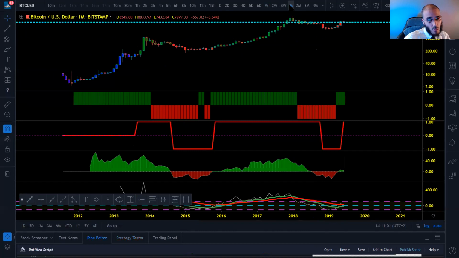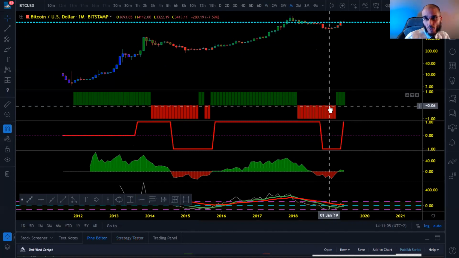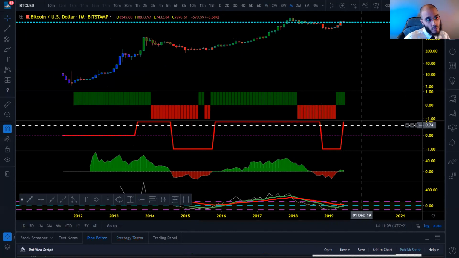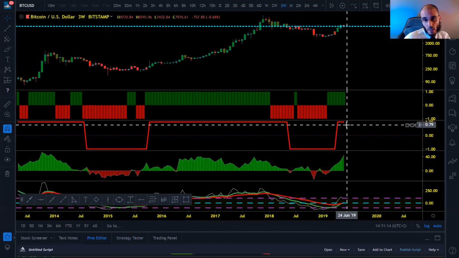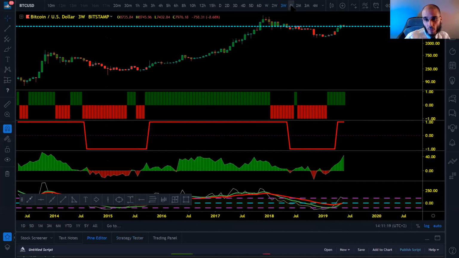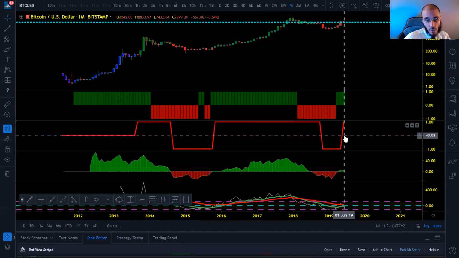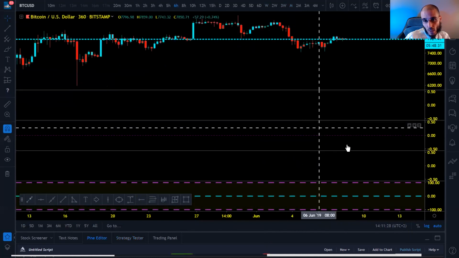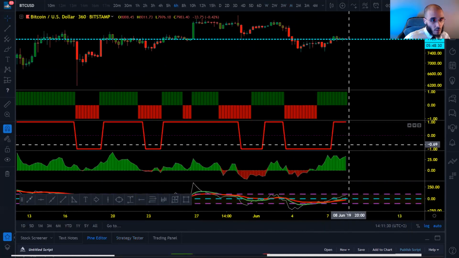Positive, let's look at it. I'm looking at this indicator, the first one. I always start from top and go down. So the first one is positive. 3 weeks is also positive. Yes. Strategy MACD. Let's look at the 1 month. Just went positive. End of the bear market. And take a look at the 6 hour, which was negative yesterday. Today it is positive. So that has changed. There goes your moon call again.